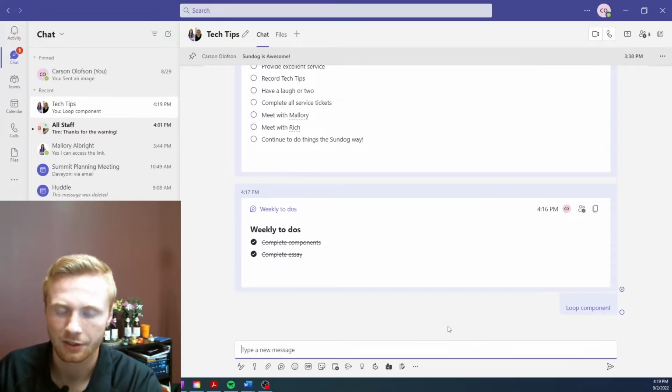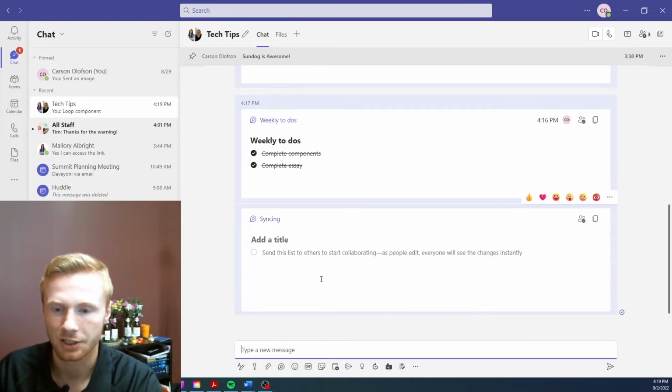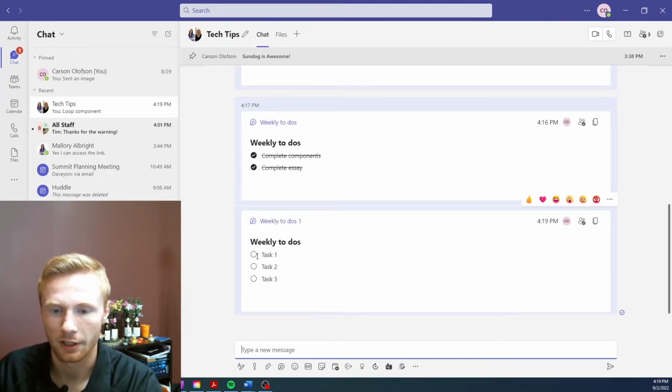As soon as I send this out, my team is allowed to make any changes that they want to. If they get task 1 done, they can check it off, they can strike it through, it's done. If maybe there's miscommunication and it isn't done, they can simply uncheck it. Everyone that's in this group has the authority to do that. So let's say that all 3 are crossed out. Boom, it's over with. This is really a tool that's going to be efficient and helpful for your business